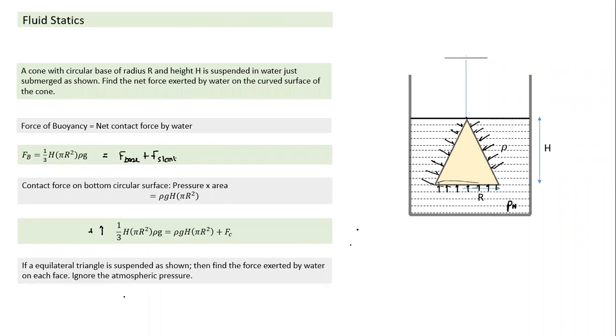Okay, I'll take one more question similar to this. Suppose I change the question. If rather than a cone, this was a triangular shape, and we have to find the force exerted by the liquid on one side of the triangle, how do we calculate it? This triangle also I need to divide into narrow strips. Unlike the previous case, I cannot take average pressure here. So through integration, we calculate the force on a small narrow strip, and through integration I can find the total force.